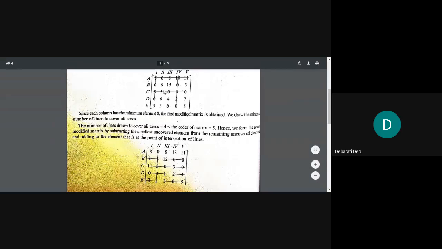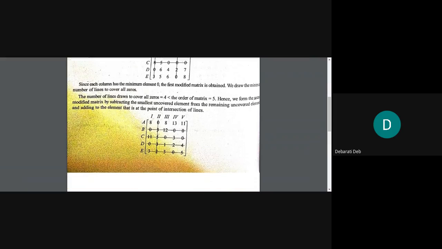After drawing the lines, we will see there are 4 lines being drawn. But the order of the matrix is 5, so it is less. Hence, we have to form a modified matrix, the second modified matrix. The rule to create it is: we have to identify the smallest uncovered element from the remaining uncovered elements, and we will deduct this element from all the other uncovered elements,